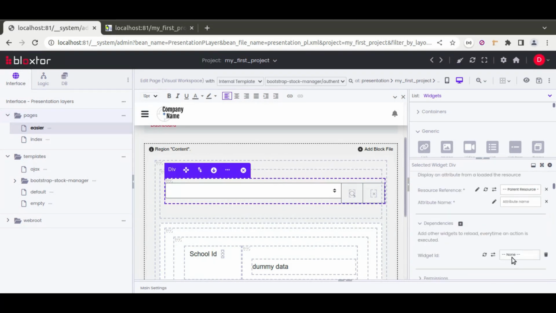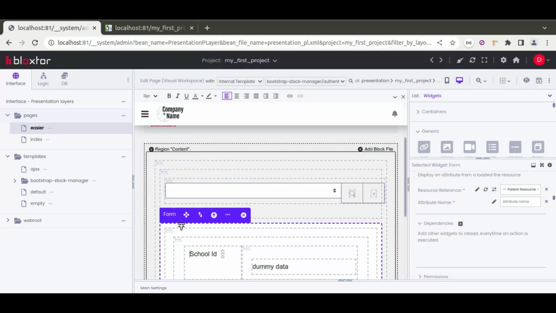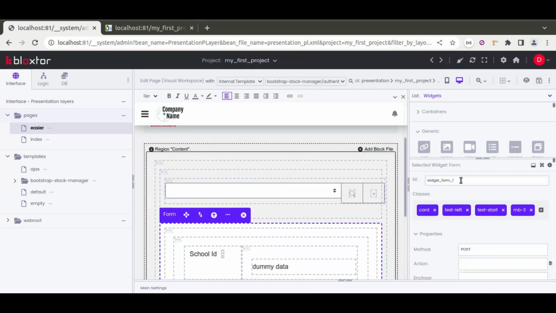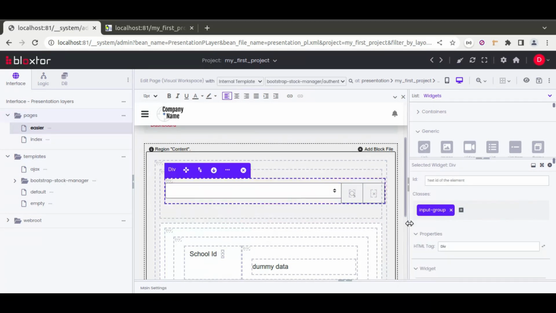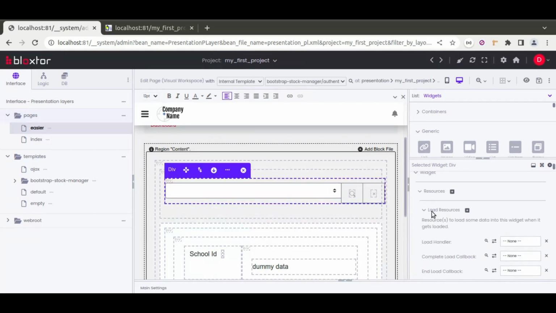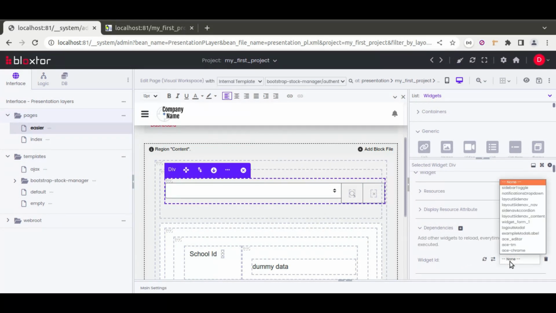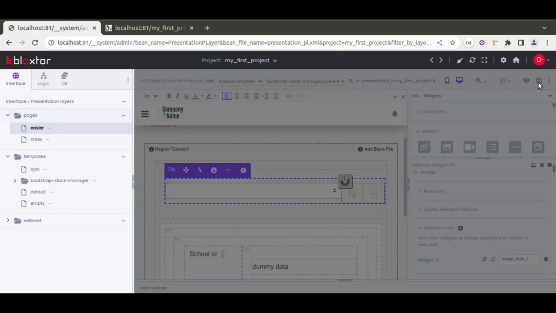We just need to go here, widget ID, and select the corresponding form ID, which is widget form 1. Okay, need to refresh. Widget form 1. Okay, done. We save this,